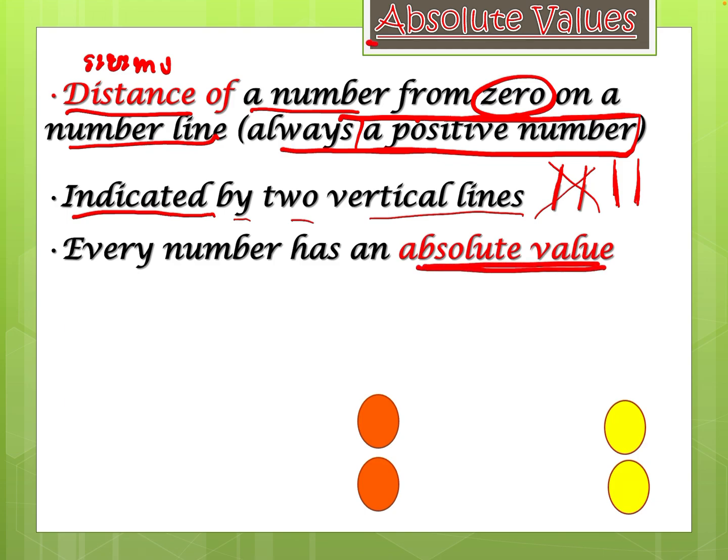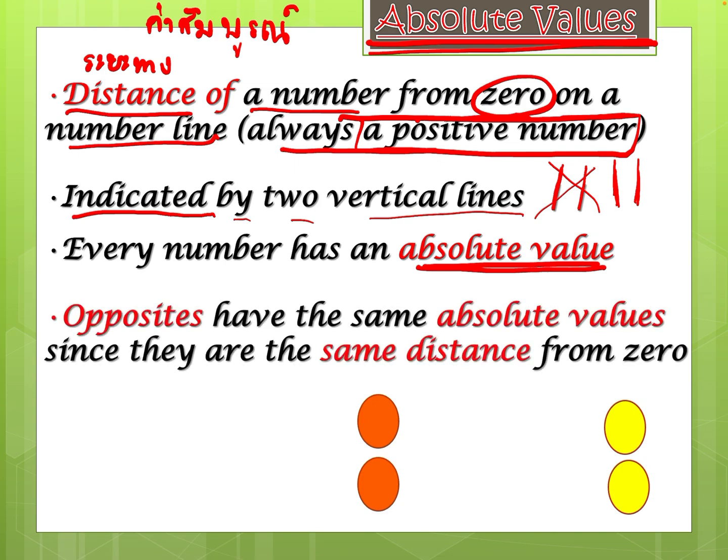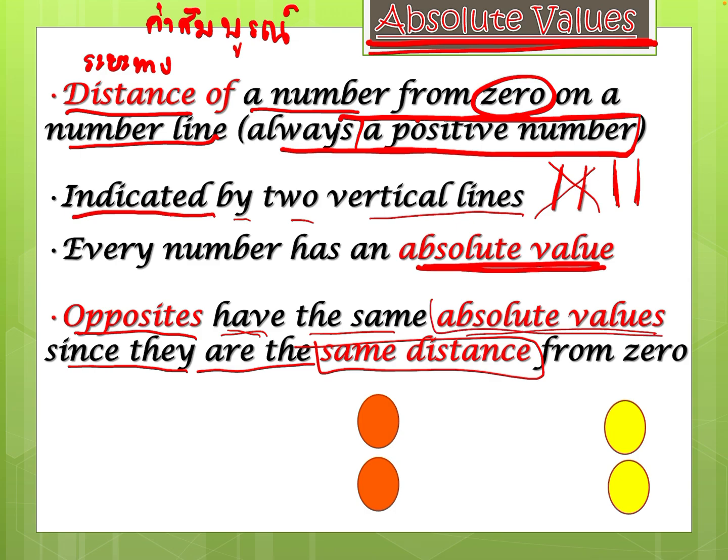Every number has an absolute value. This topic about the absolute value, in Thai we call ค่าสมบูรณ์ ไม่ใช่สมบูรณ์นะ ค่าสมบูรณ์นะคะ. Absolute value is ค่าสมบูรณ์. Opposite numbers have the same absolute value since they are the same distance